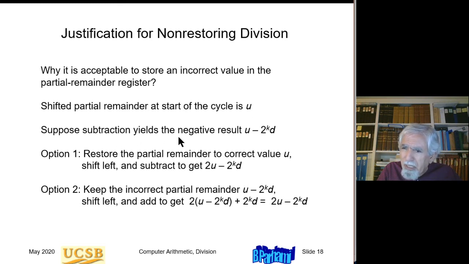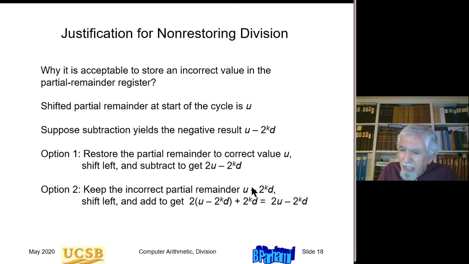Now suppose subtraction yields a negative result, so I do the trial subtraction from u, and this turns out to be negative. Okay? Well, in restoring division, I ignore this subtraction, restore the partial remainder to the correct value u, then double it, and do the next trial subtraction. So if I were performing restoring division, I would ignore the result of this trial subtraction, restore the register to its correct value u, basically subtract 0, then double u, because I'm going into the next cycle, and do the next trial subtraction. Okay? I can achieve the same end result in the register, 2u minus 2 to the k times d,